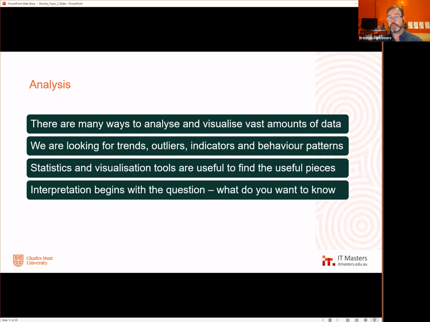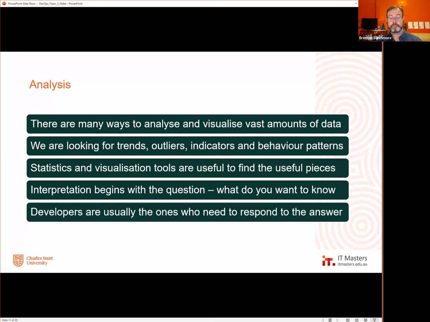Now, when you have a question to ask, your interpretation of the results is going to start with that. But if you don't have a question to ask, you have an interpretation that begins with something that's not like the other things. So developers are usually the ones, when the question comes up and says, well, here's our graph and here's a number over here. Why is that there? How did that happen? Why is this existing? It's usually in the application layer, the developers need to answer that question. And so there needs to be an integral involvement for the developers with the analysis of what these things are.